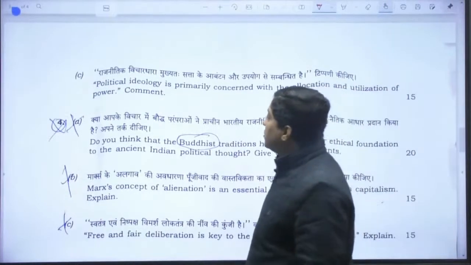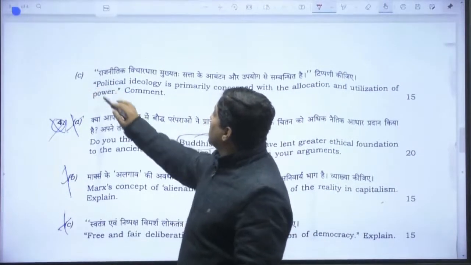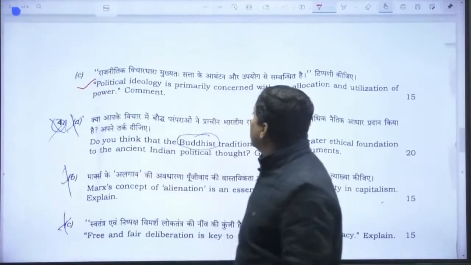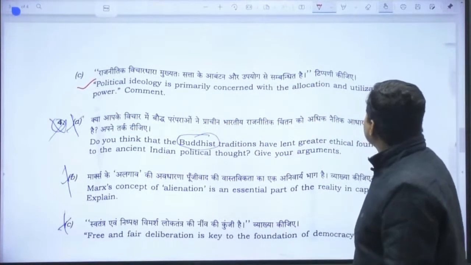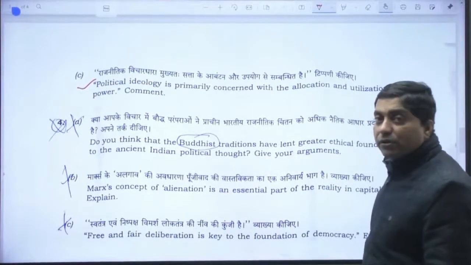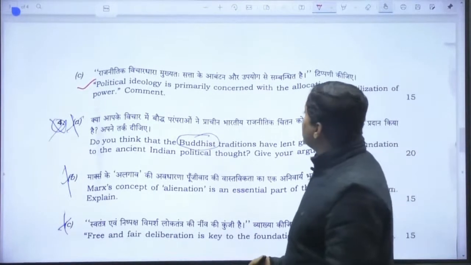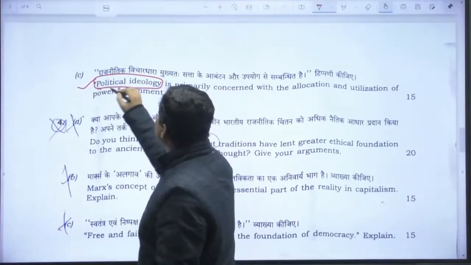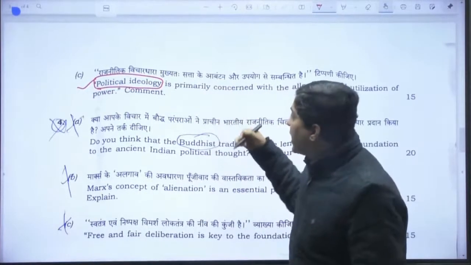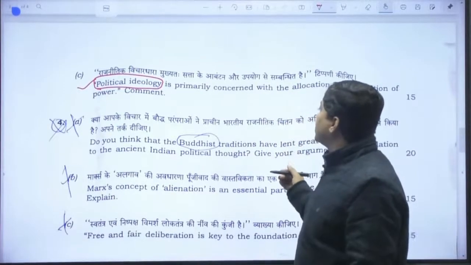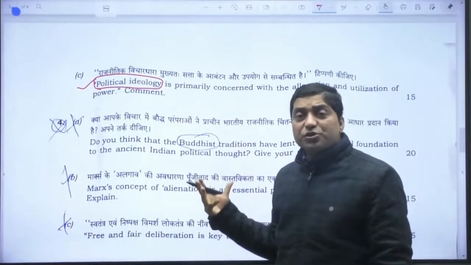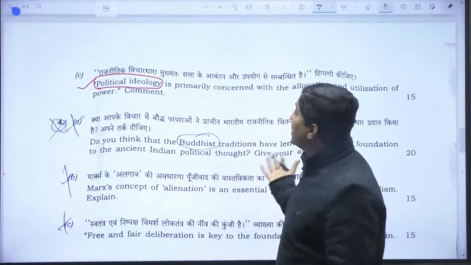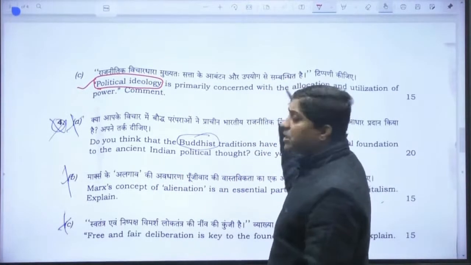Here is the next question, third C. It goes like this: political ideology is primarily concerned with allocation and utilization of power. Now, what is political ideology? First you need to define it. It is a political creed, a different perspective to look at the world. There are different political ideologies, like liberalism,